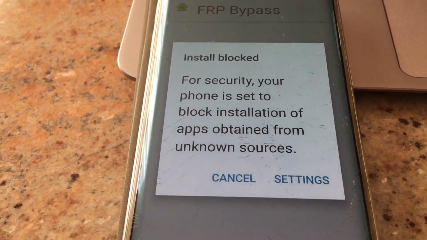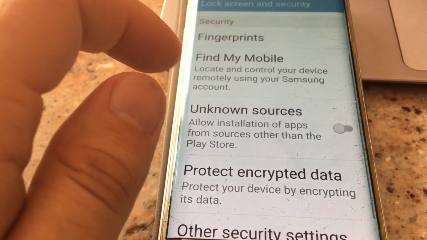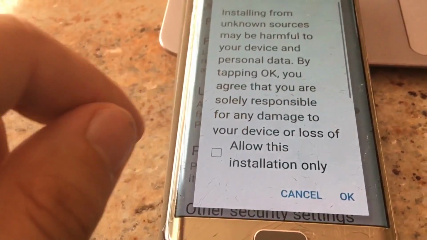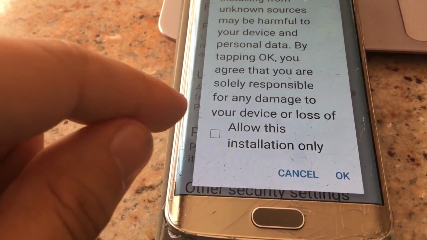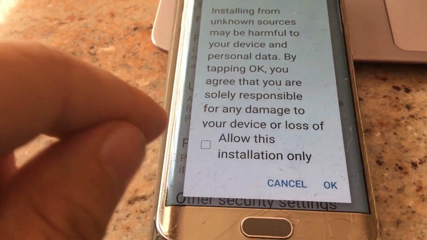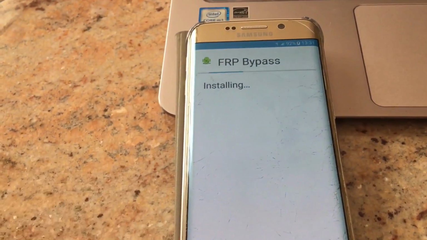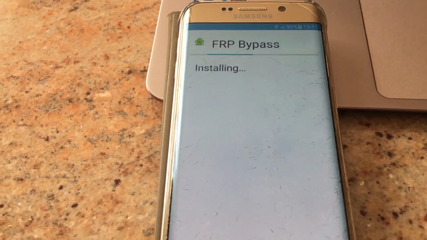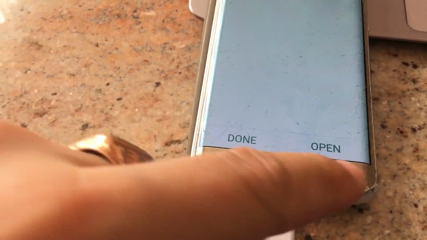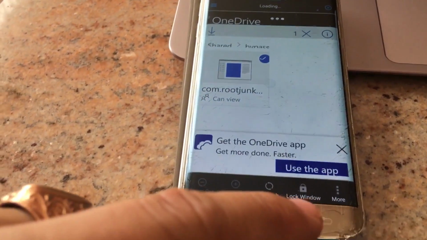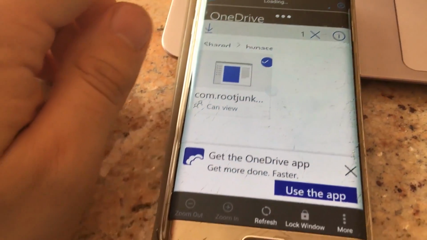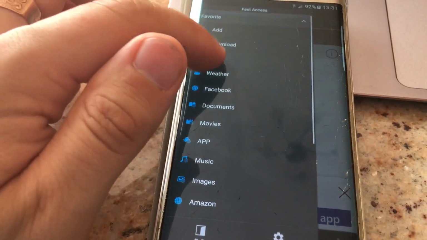Install is blocked, and for security you will have to go into settings and then tick unknown sources, and also allow this for all the time, so just untick that. So install. Okay, great. Get back. Now you will have to add one more link,